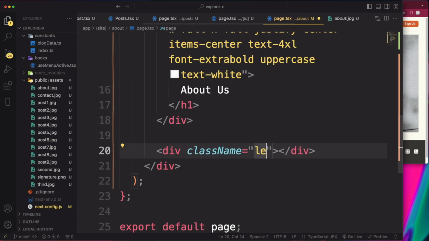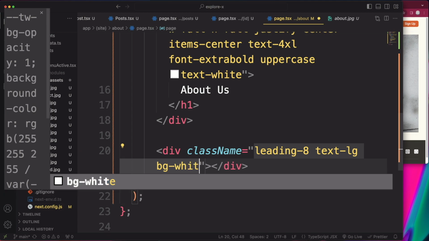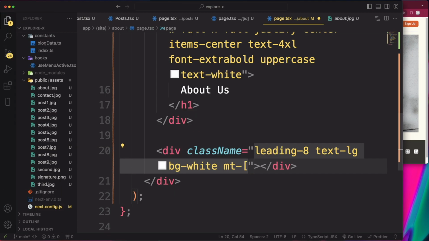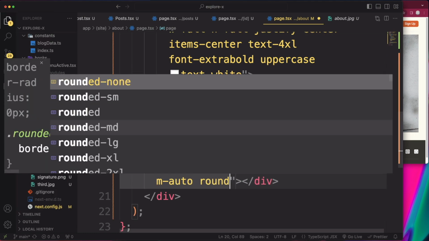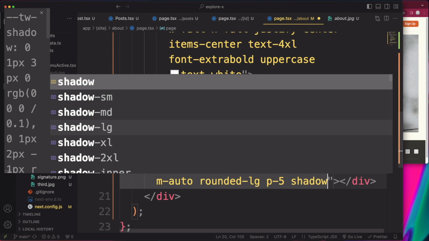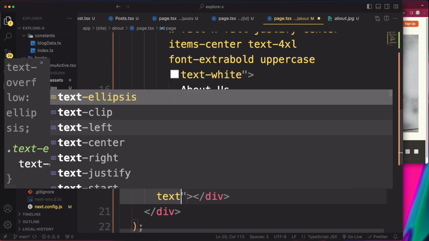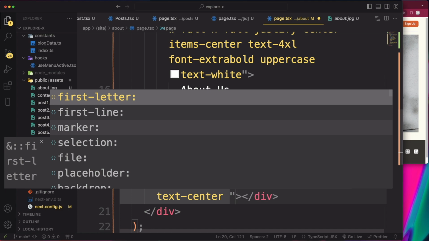This is gonna have a class name of leading-8, that's just line height, text-lg, bg-white, a margin top of -80 pixels, position relative, a width of 90%, m-auto, rounded-lg, padding of 5, shadow-xl, text-center, and we're gonna do a max-md